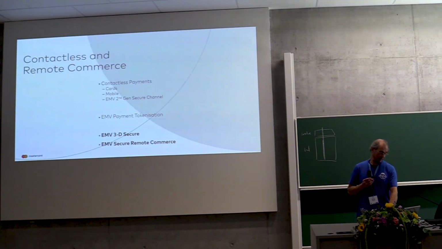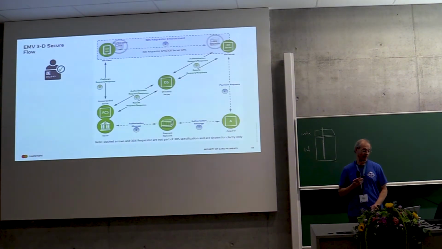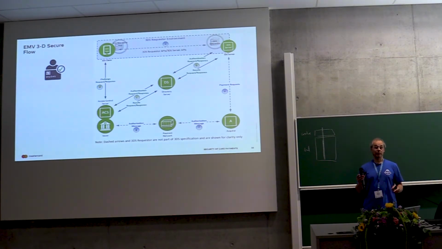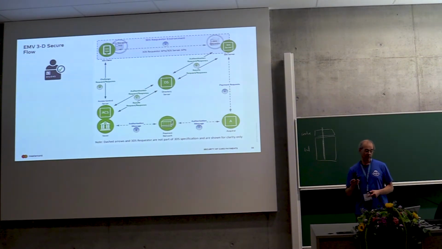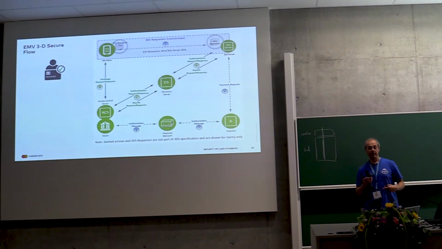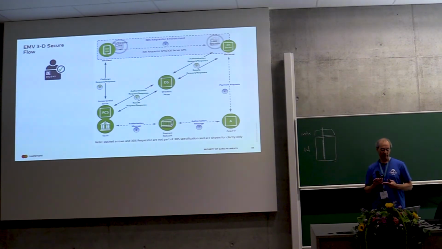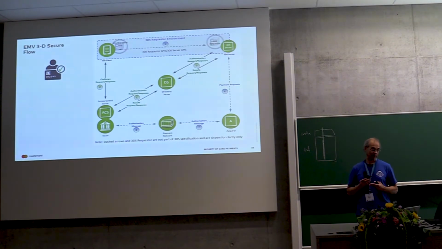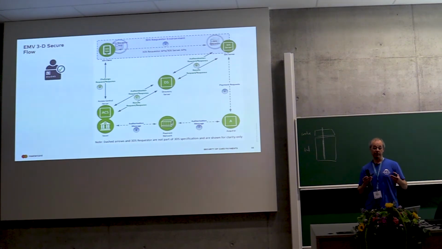3D Secure and EMV Secure Remote Commerce. So this is information you can get from the EMVCo website, by the way. The specs are all up there, as are some webinars and presentations. So basically, EMV 3D Secure augments the previous 3D Secure by allowing in-app purchases and also allowing a simpler, frictionless, so to speak, user experience. And it uses device information on the mobile device, for example, that is then shared with the issuer,